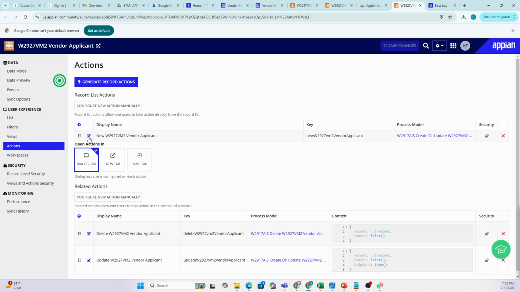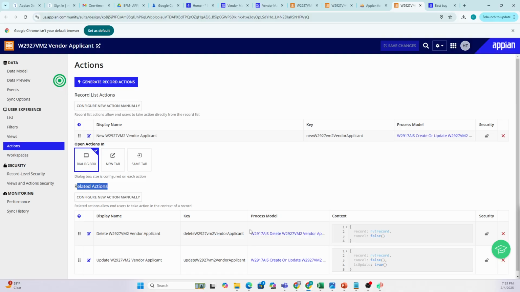But if you want to update, for example, I created a Best Buy and I want to update the Best Buy, that's going to be on the related action side. From the name, it's related to the record, related to whatever you see on the record. If you see a Best Buy, these actions are related to the Best Buy record. If you go inside the Staples and initiate this process, it will update that